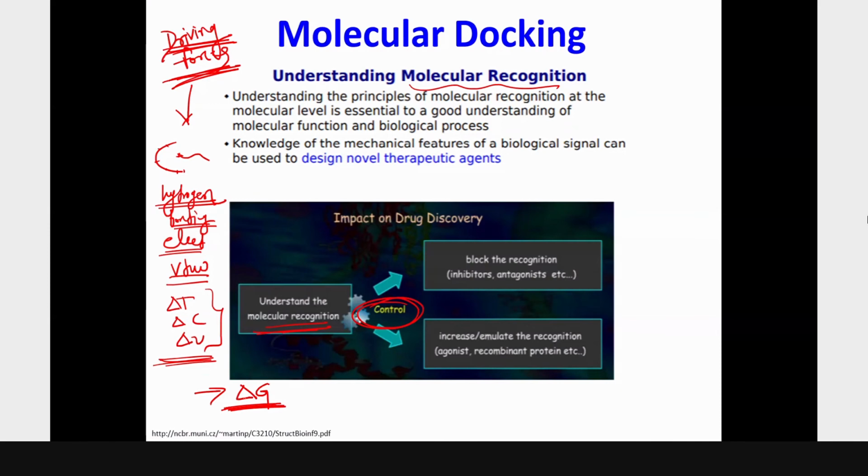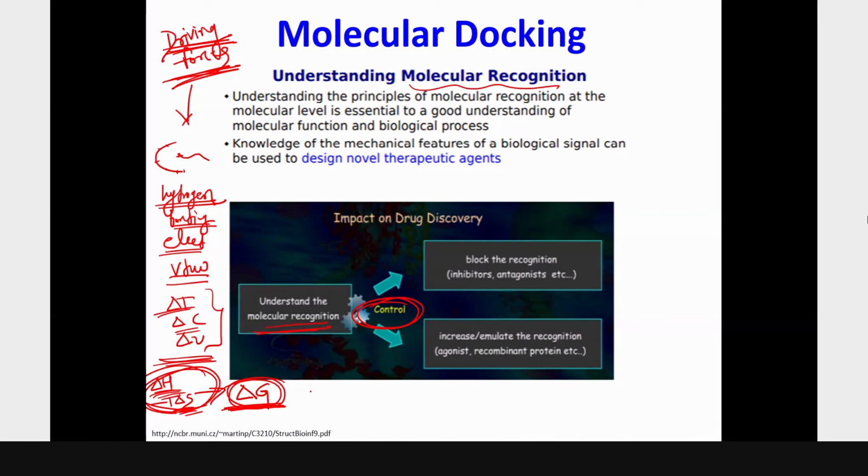So in these particular processes, we focus on some parameters like delta H value, and in certain cases we focus on the entropic factor also. So these kinds of driving forces we will try to understand when we are talking about molecular docking. Once you understand these driving forces properly, then what can you do? You can control that process properly. If you know all these factors, delta T, delta C, you are able to control the process of your reactor design. In the same way, you can consider there are some molecular